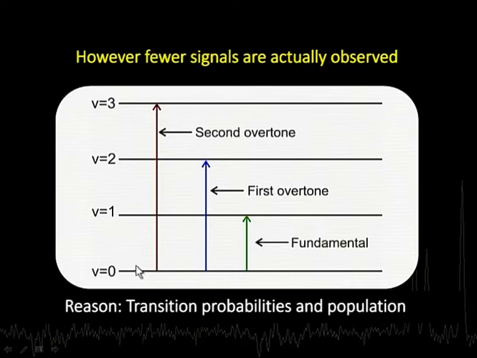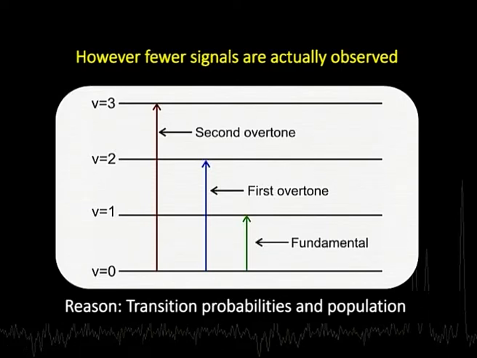So, all transitions, because this V equal to 1 level is almost non-populated as compared to this one. That means most of the molecules will be in the V equal to 0 state. That means all the transitions will originate from the V equal to 0 state. So, 0 to 1, 0 to 2 and 0 to 3 are the predominant transitions which are expected to